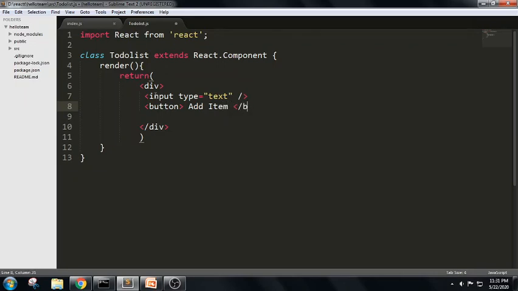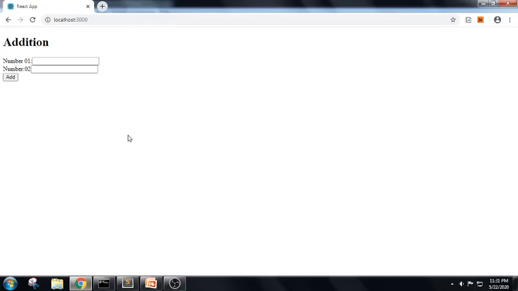Let me enclose this in a simple way. Later on we can edit it. Yes, we got two things. But whenever you are trying to use a class component, we should always export it. Export default. What is the class name here? ToDoList. You can take any name, but the name should match in index.js. If you see the output in the browser, you can see the previous output, like the previous session what we have done.